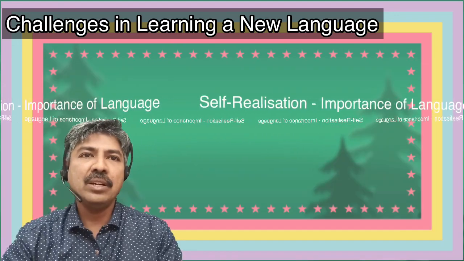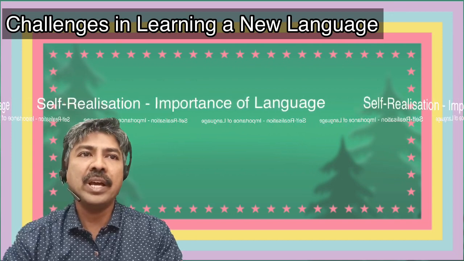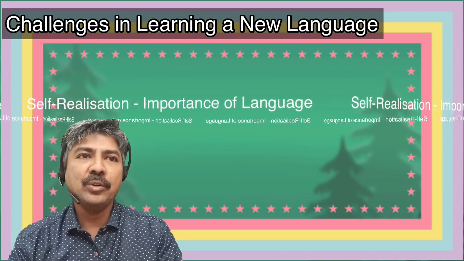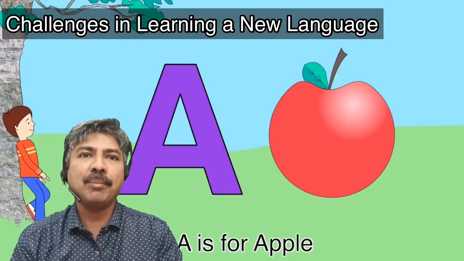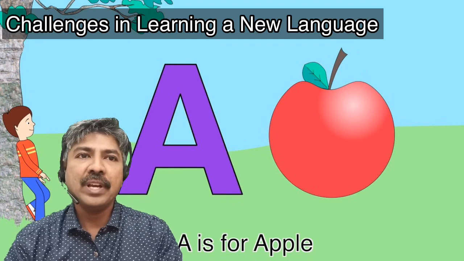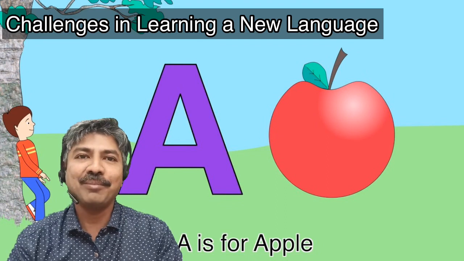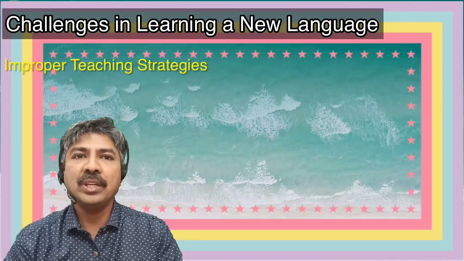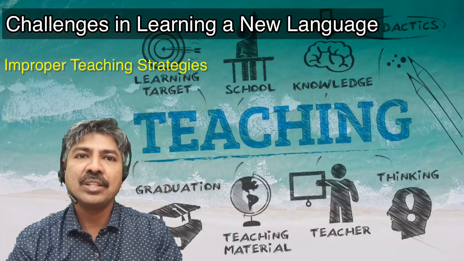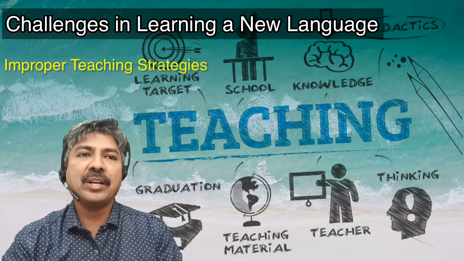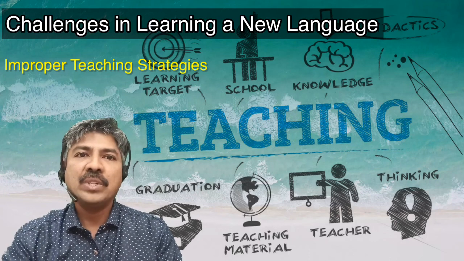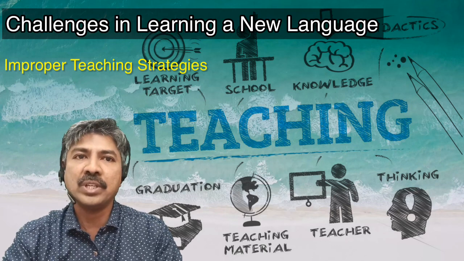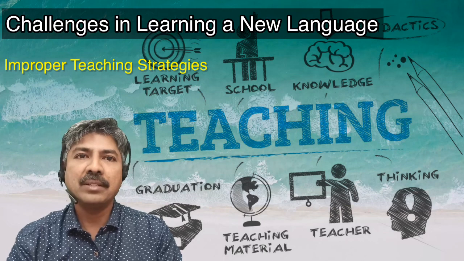For example, when a child learns the mother tongue, the child realizes on her own that it is needed for expression or communication. But when the child has been introduced to A for apple, the child just follows because every other person in the classroom is doing the same. Some of the other major challenges from the child's point of view are improper teaching strategies. Children are exposed to learning from abstract to concrete, which is against Maxim's principle of learning. Both A and apple are abstract for a nursery or primary school child belonging to India's rural belt.